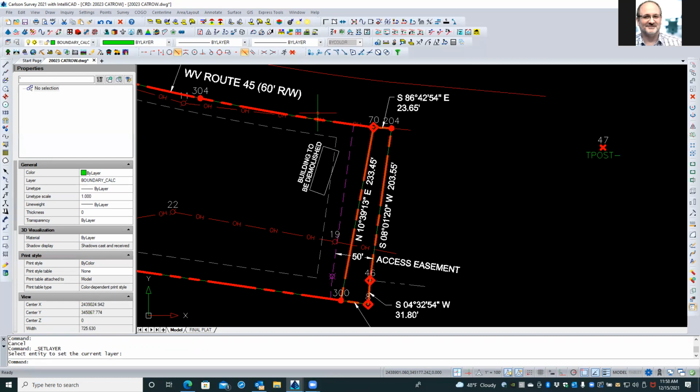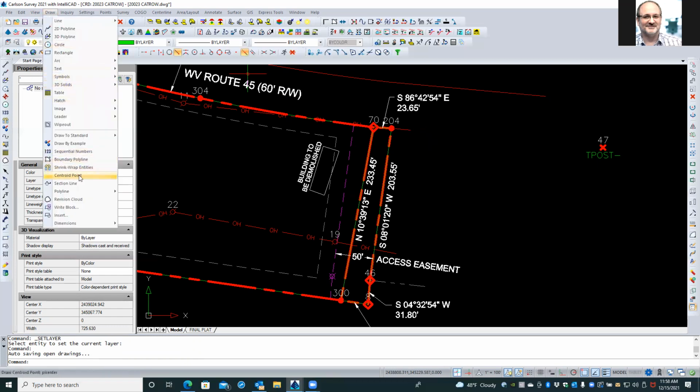Now I'm going to basically trace this with a polyline. There's a couple of tools. I can draw a polyline and have it follow, right? Or if we were going to do this like a hatch, and we still may want to show a shaded hatch, I don't know. We'll take a look at that at the final touch-ups, but there's a command that is sort of like that, and it's called B-poly or boundary polyline right here,